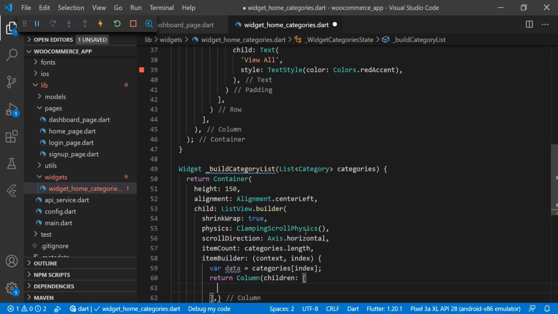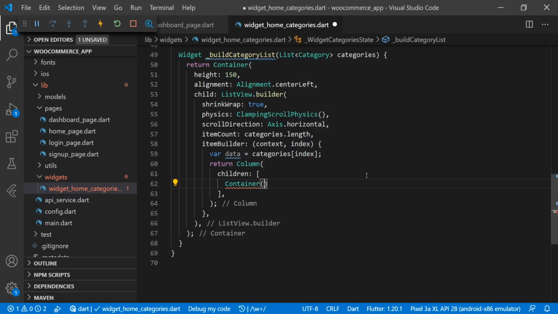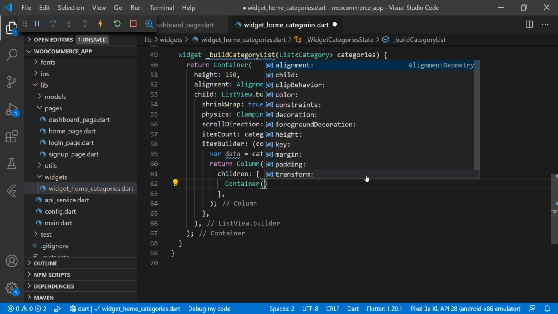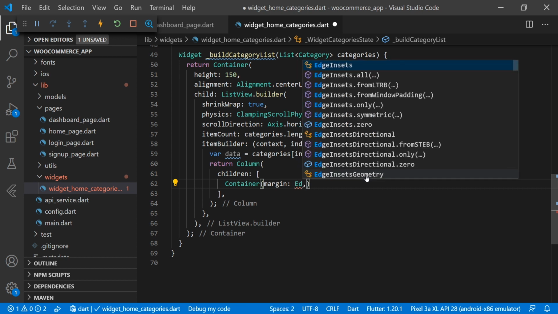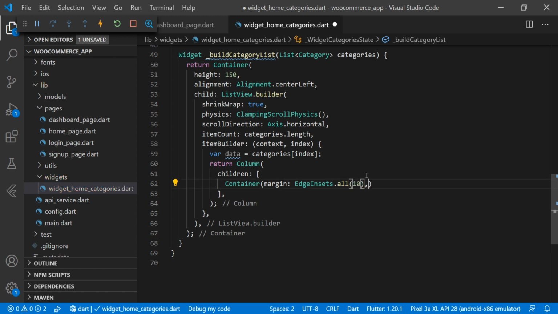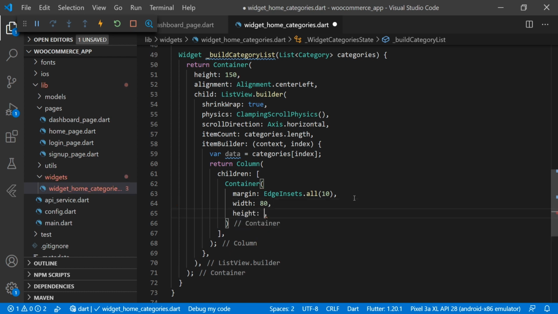Inside that we will create one container, and then we have a margin here, and for the margin we are using edge insets dot all 10. Then we are putting width, and for the width we are using 80. Then we have a height also, we are using 80.